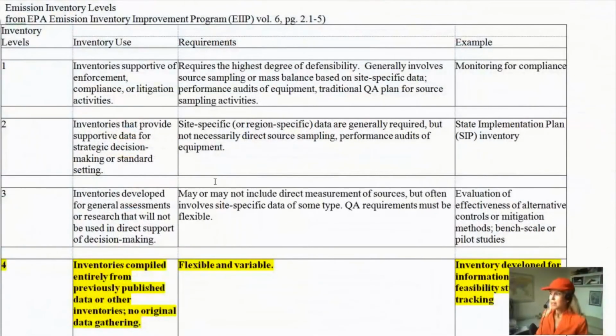To open that, I double click it, and we can see that there are 4 rows here. The highlighted row is an emissions inventory level 4 description. And that's what we are going to be completing in this first webinar series. And everybody has to start with a level 4 anyway. So whether you're going to go on to a level 2 or 3 in the next course, you're in the right place. So a level 4 emissions inventory